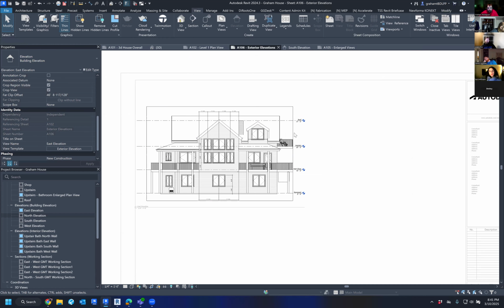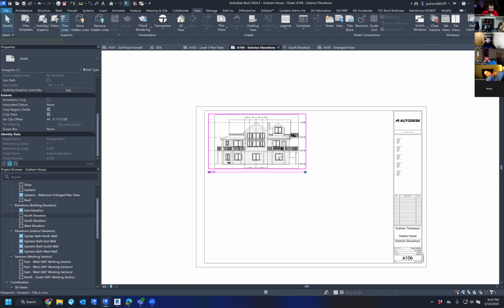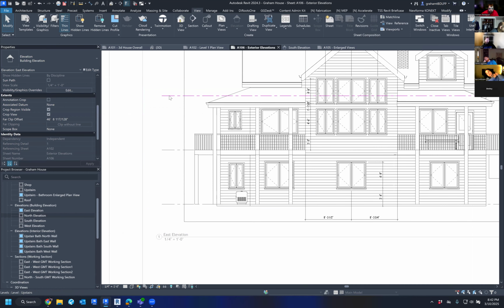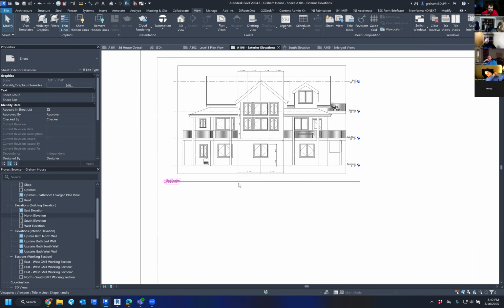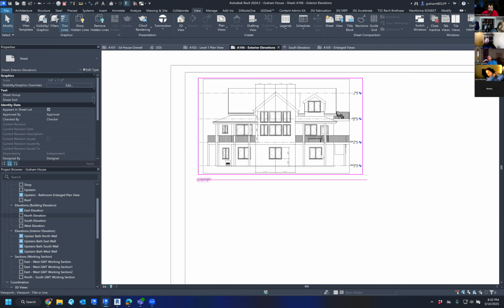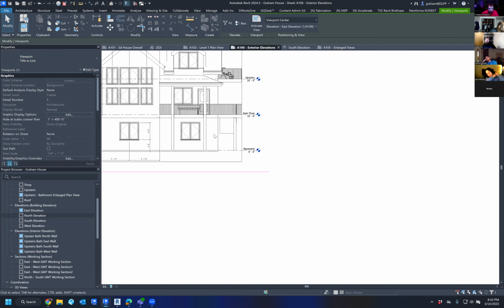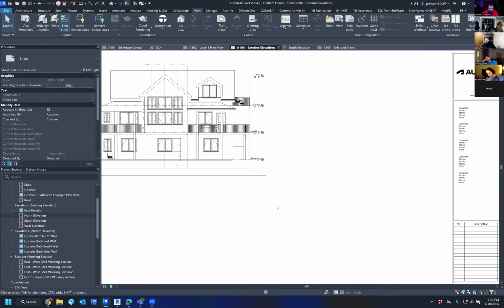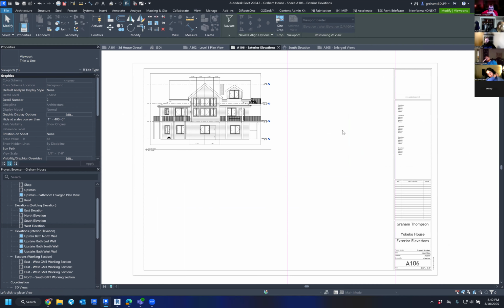Right. So any cropping that you do to get it tighter allows your view to be smaller and allows you to place more and other views on your sheet. Drag those lines in. And now I've kind of cropped that about as small as I can make it while still being quarter inch scale. And let's see if I can drag